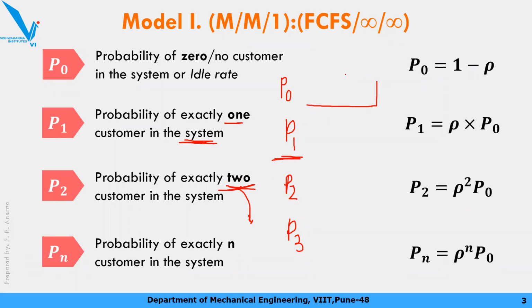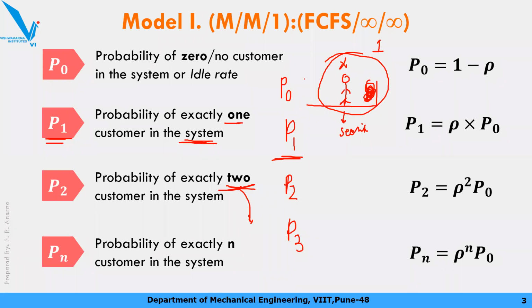So one person is getting served. Okay, here there is a service center, a service station. So one person came, he is getting service. He is no longer in the queue, right? So now in this situation, how many customers are present in the system? One. So that you calculate by P1, right?